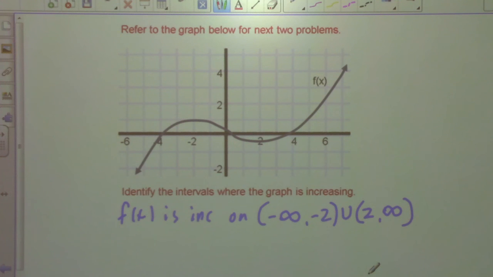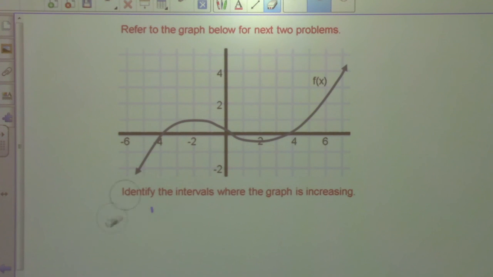Now, when it says where the graph is increasing, look over there where Addie is. See where Addie's sitting, right there by that eraser? So where is going to refer to the x values. And so that's going to be that one, right? Okay. Next one is going to be